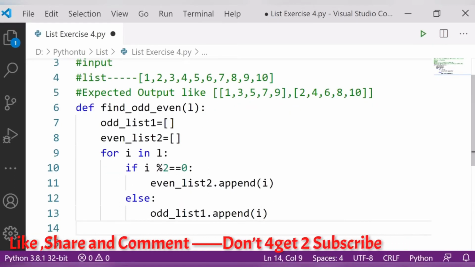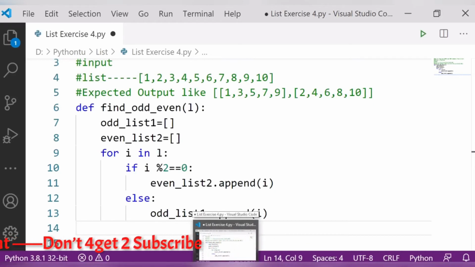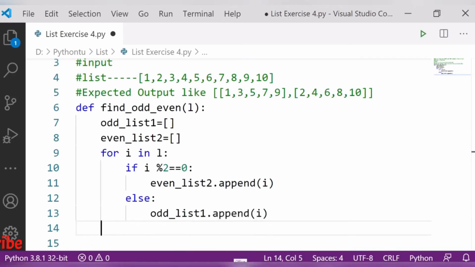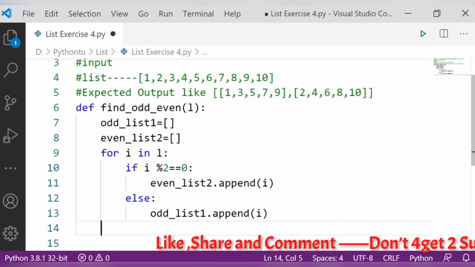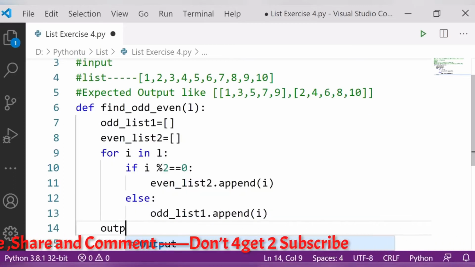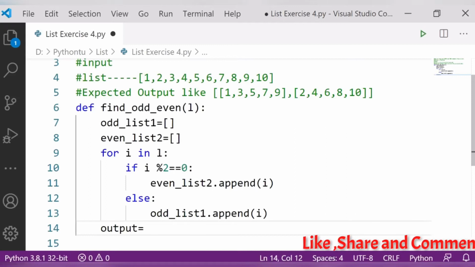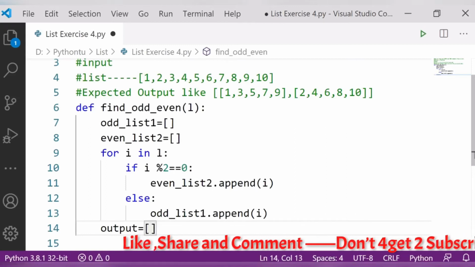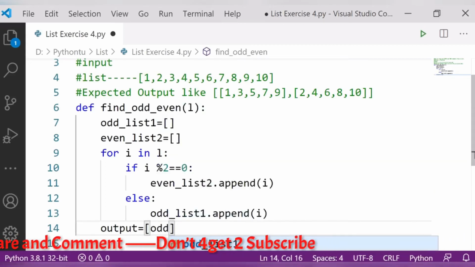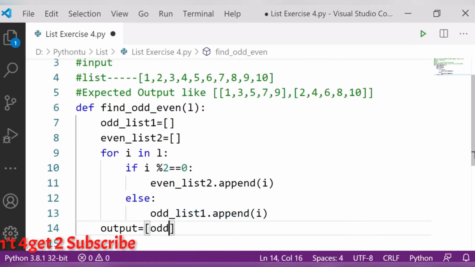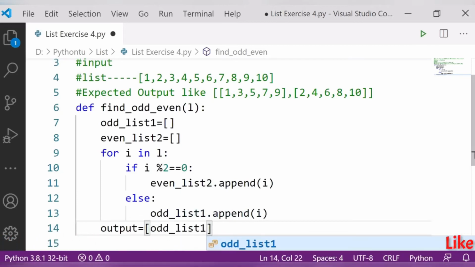Now I simply want the output. So let's create a list here, under which I want my odd list 1 and even list 2.